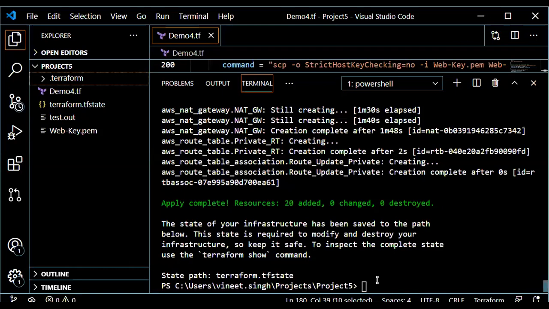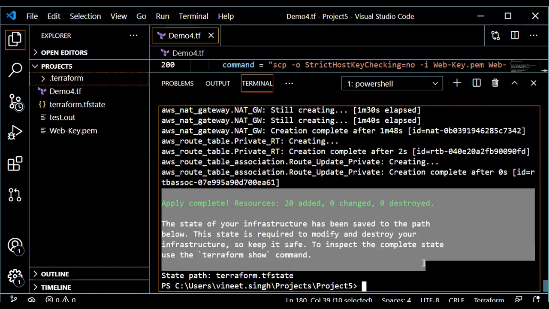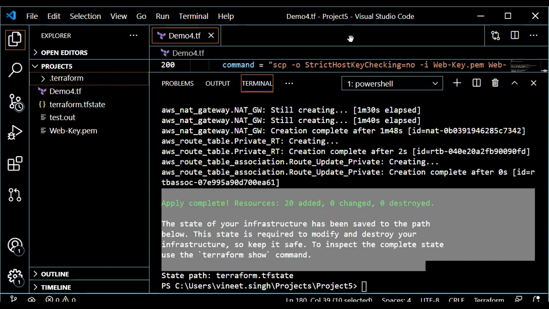After a while, we'll see the result. The final result is all 20 resources have been added. Now let's go and have a look in our AWS console.